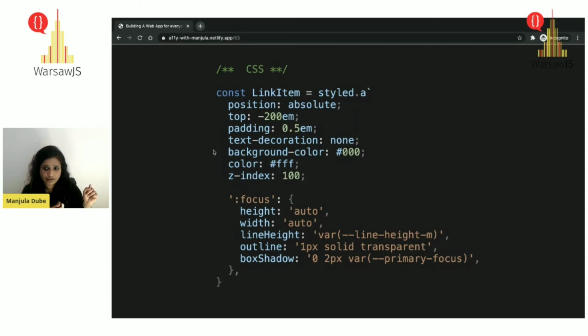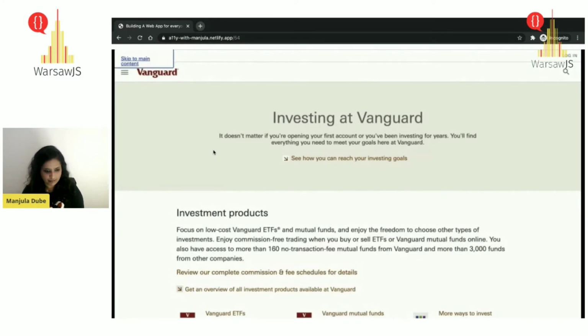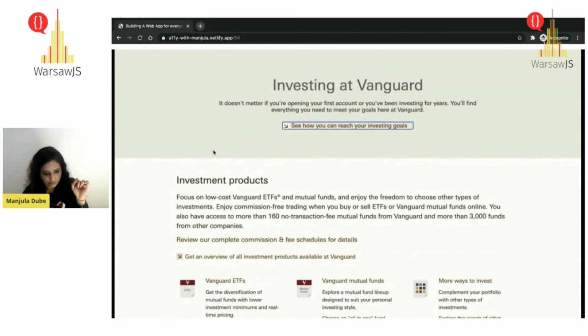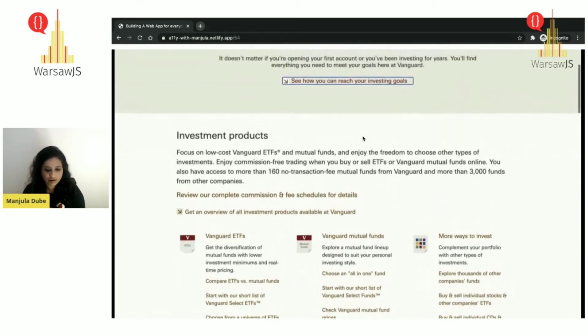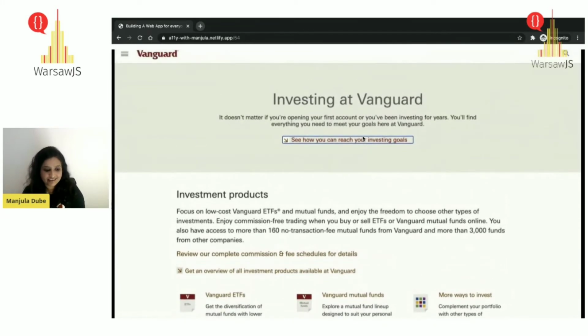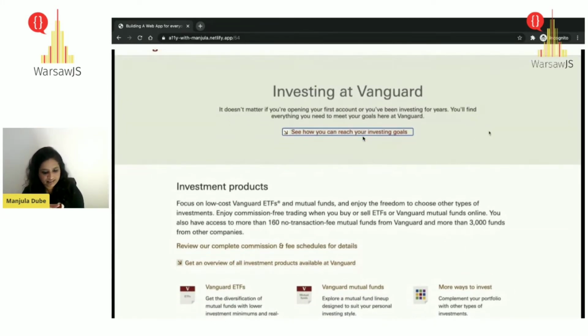So the first thing when you tab, and the screen readers will come through, is this thing. So when you land on a website, you press tab, this is the first thing that should be tabbed through and should be navigable. So I'll show you a very quick example at Vanguard. So if you see on the left corner, there is a way, if you press tab, you directly reach this part of the content, which means now okay, this is the main content on this page. So while screen readers are reading your page, you already know, okay, this is the main content.